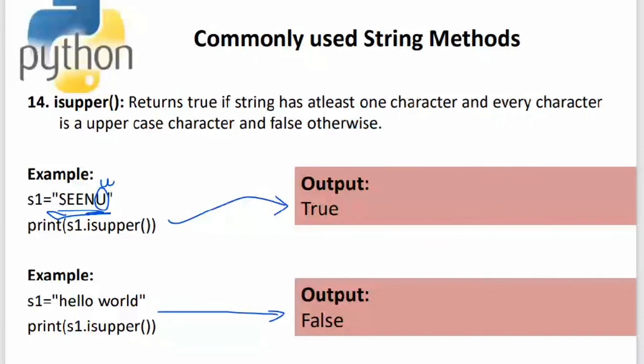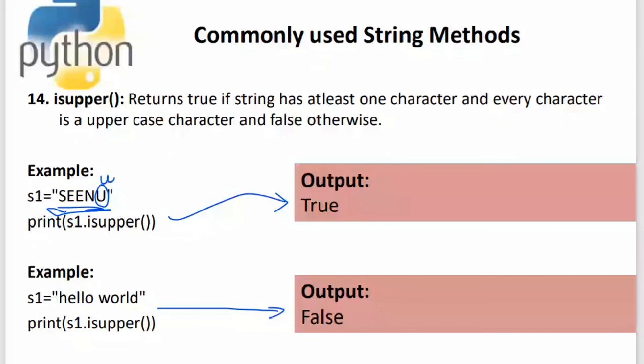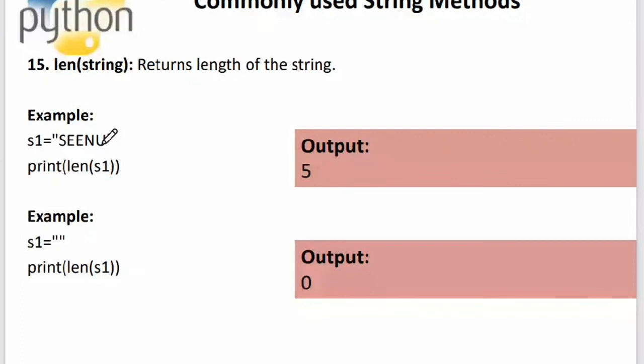The len function will return the length of the string. So I'll say len, and inside it I'm passing S1 as an argument. Len of S1, we call this a function. It will return the length of the string for me. What is the length of the string? It is 5. Here I didn't give anything, I just gave a null string and I'm trying to find out the length of the string. It is saying 0 characters, so there are no characters at all, so it is showing a 0. Is len clear?